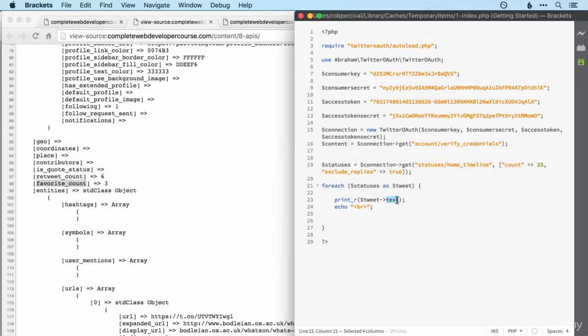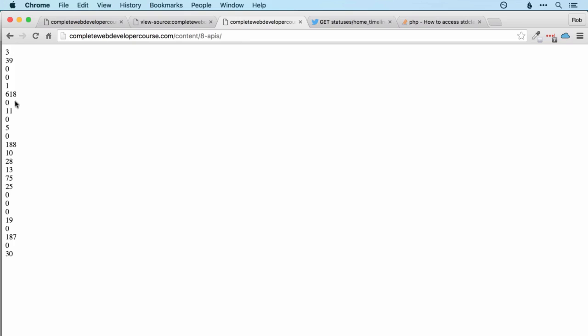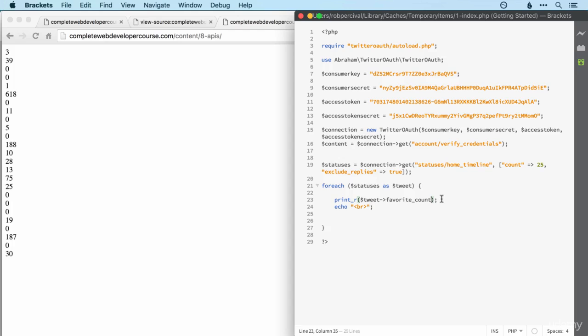So instead of tweet text, we'll use tweet and favorite count. Let's just have a look and check that that's returning the number that we're after. Wonderful. There we go. So we've got a whole range there. I wonder what that exciting tweet is. Let's have a look. So we want to check to see if the tweet favorite count is greater than or equal to 2. Then